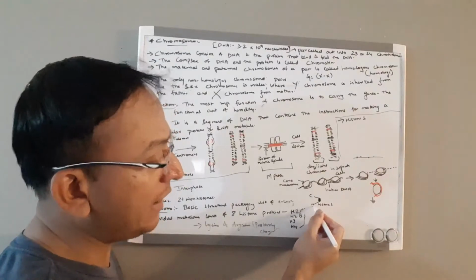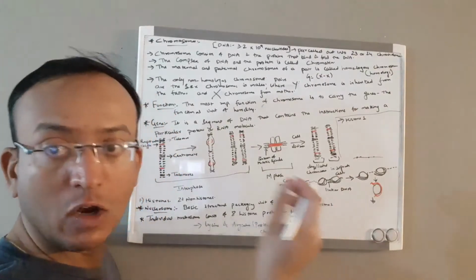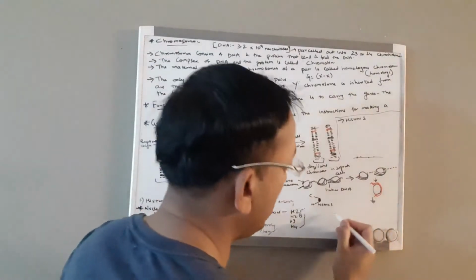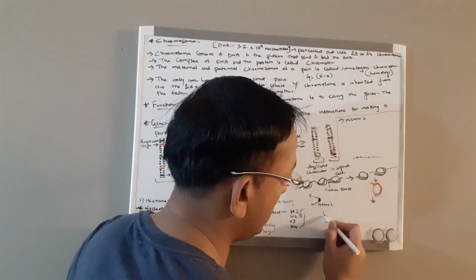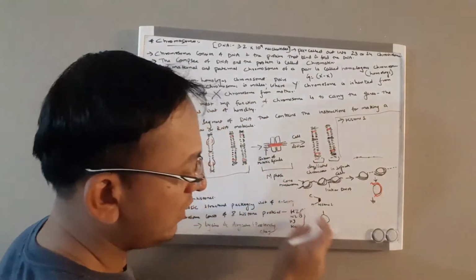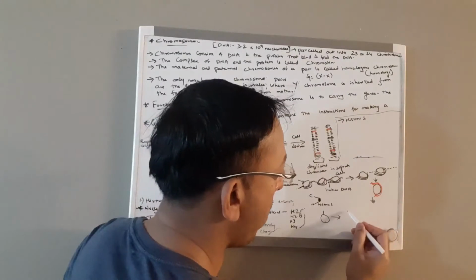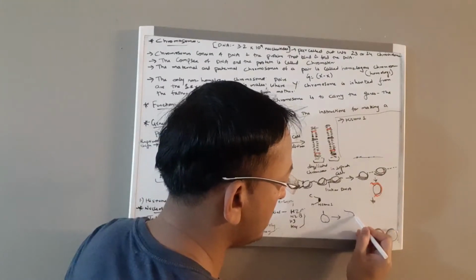So the N terminal and C terminal both have a long tail, right? So what it does, for example, this is one of the core nucleosomes, and then